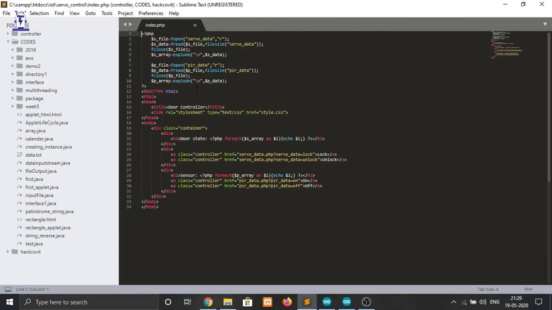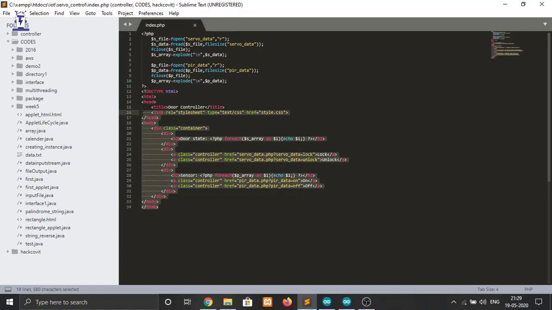Now you can see I have written some PHP code here. I will come to this part later on. First we will see how we have designed our controller. I have made a video where I have explained how to design a controller. You can go and watch that video for a better understanding of each and everything, that is, in detail how a controller is made. I will cover it here in a very short format.